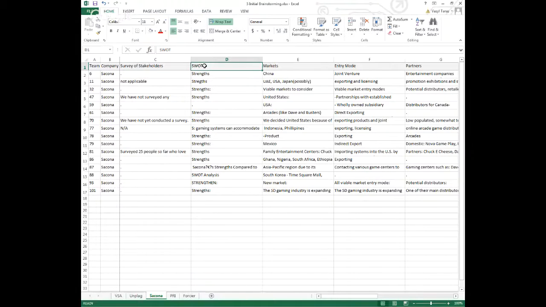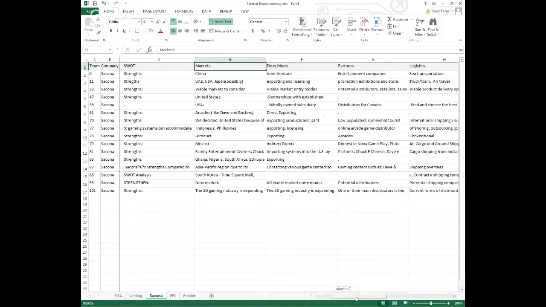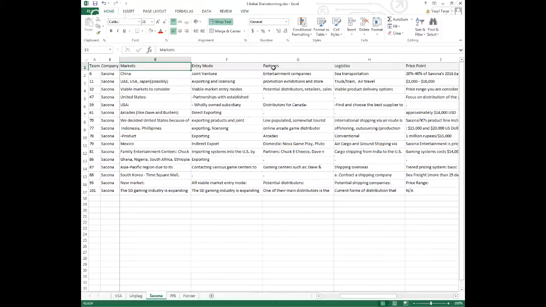And then you have the SWOT analysis, so strengths, weaknesses, opportunities, and threats, and you have those answers. And then the markets they suggest, and then the entry mode they suggest, and then partners they perhaps identified as potential partners who can be retailers or buyers or maybe franchisees for the company.